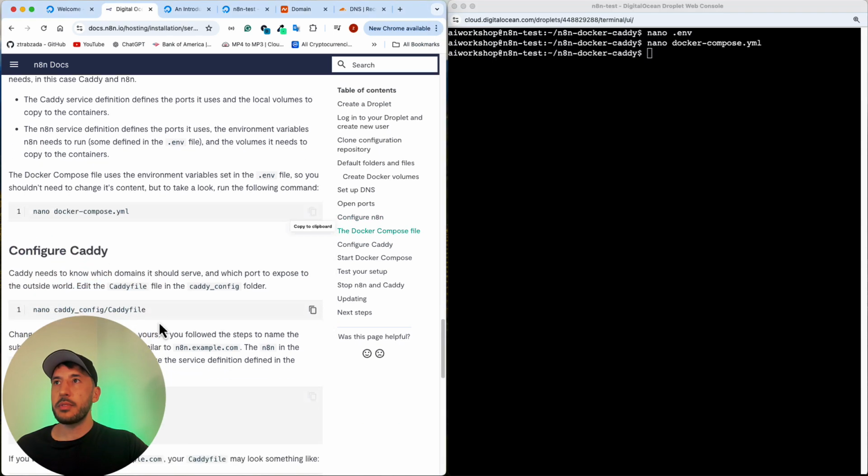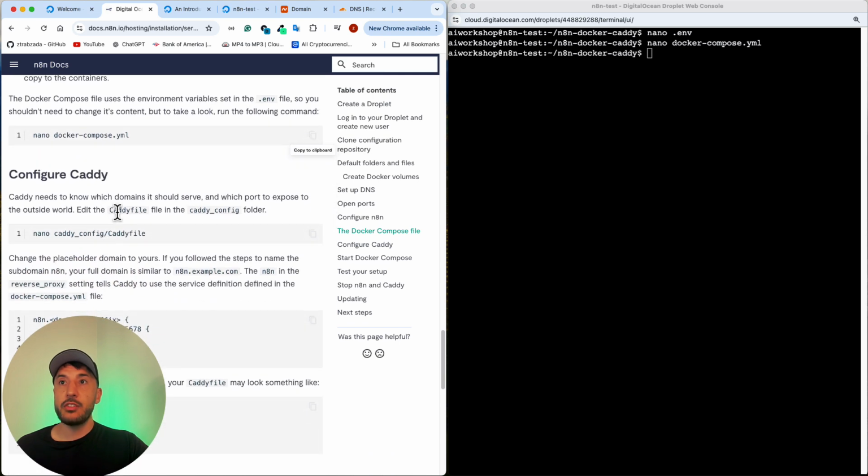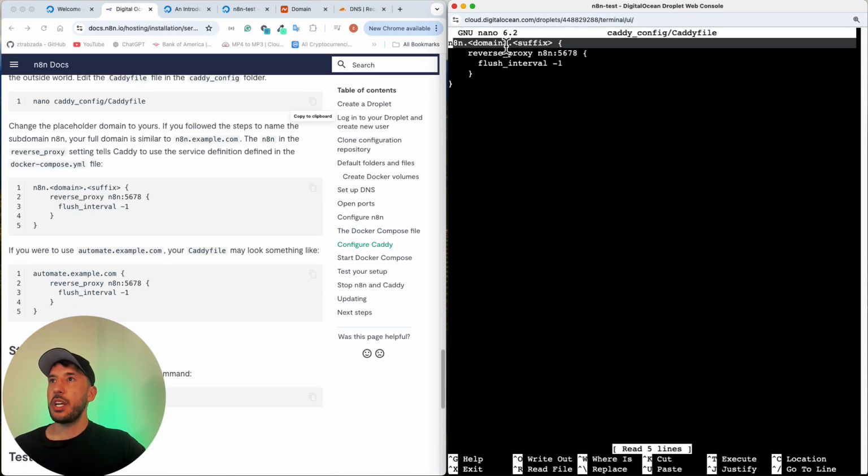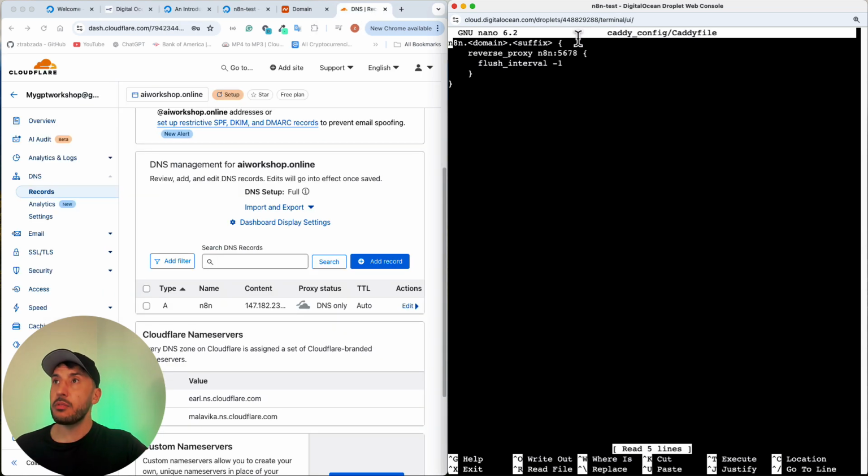Okay, so now the next step is to configure the Caddy. Caddy needs to know which domain it should serve and which port to expose to the outside world. Edit the Caddyfile in the Caddy config folder. So the first thing we need to do is copy this, paste, boom. All right. Okay, so for this one, we need to change this first. It says n8n.domain.suffix. Yeah, I think mine was just,